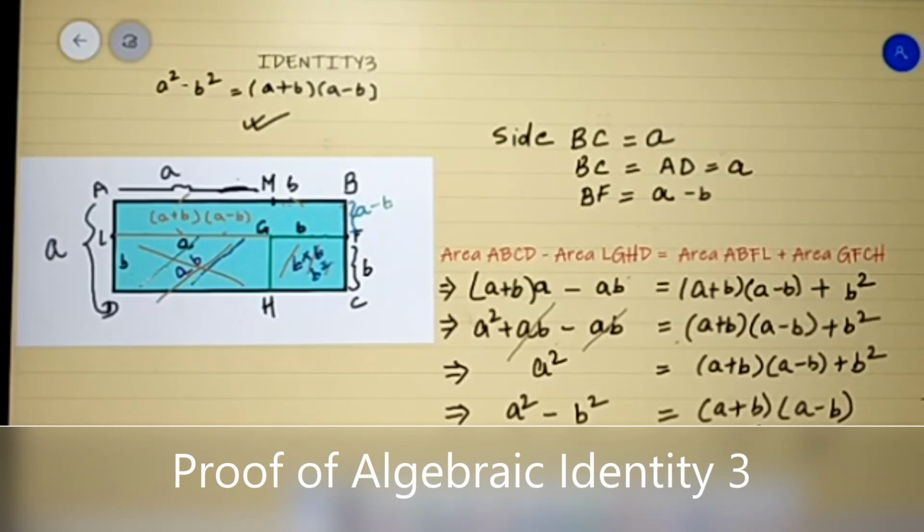So you have seen this interesting activity, how we have geometrically proved the algebraic identity A square minus B square. I hope you will enjoy doing this activity in your copy, taking sheet or drawing, and apply this formula for further factorizations and other problems.